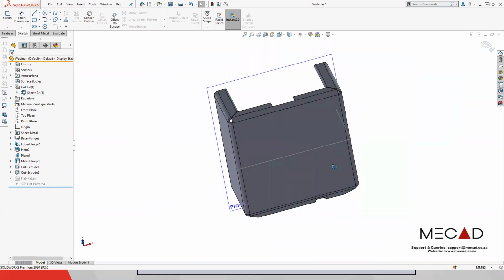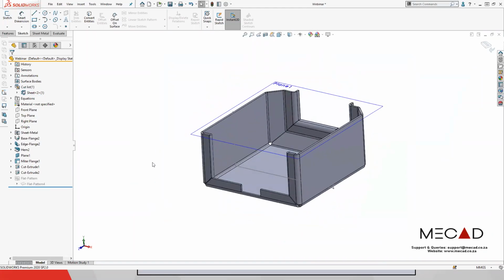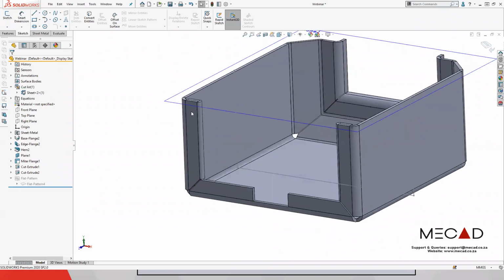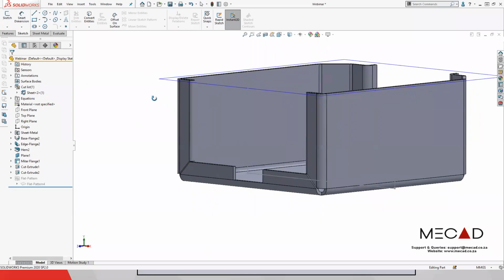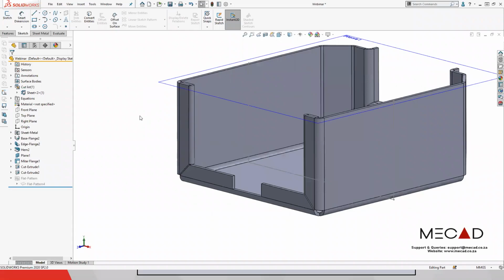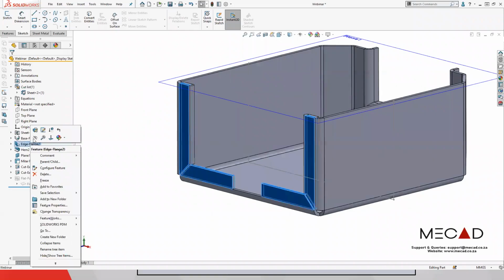Next in the design process, after consulting with some other departments, we realized we need some clearance on this specific flange. There's a few ways you could go about doing it. You could create a sketch and do a cutout, but that's not necessary. It's much easier to do it this way, where you just edit your edge flange feature,